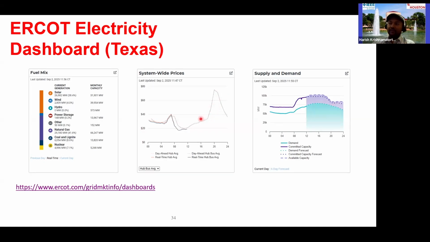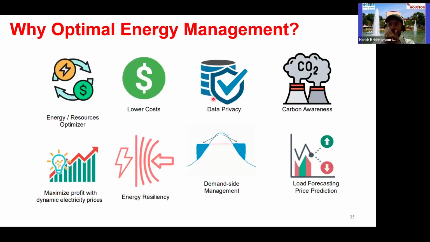So now, what if we take this opportunity of these varying prices? Let's say we use our energy storage, so charge the energy storage during the low price times and discharge during the high price times, we can actually make additional profit using the energy storage, right? So that is what we have been looking at. So how can they help? This helps, of course, in managing electricity. The prices are higher in the evening, so we can make use of that.